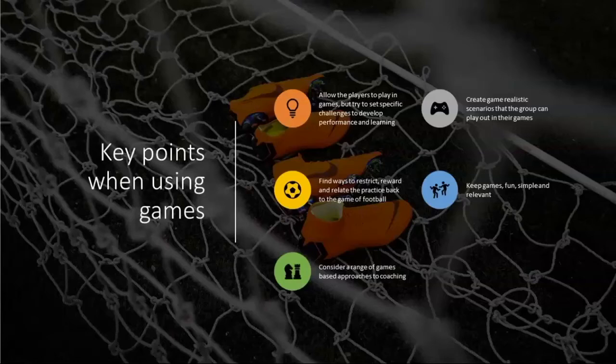And then the relate part comes back to it's got to look like the game. So if you're doing a practice on creative play in the midfield, for example, and you've got a reward on a player to be able to beat an opponent when they receive the ball, or their pass has to go between two of the other team, then why don't you play that part of the practice in the middle third of the pitch? Because it relates back to where they would be using those skills and trying that in the game. So that's kind of constraints-based coaching in a nutshell.